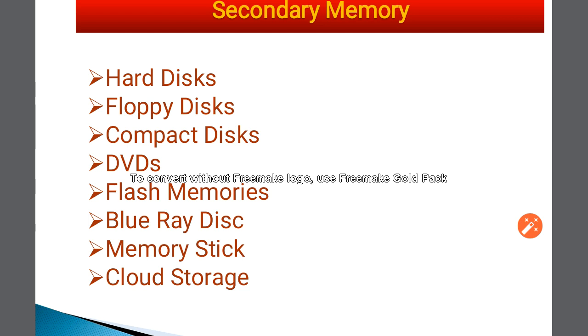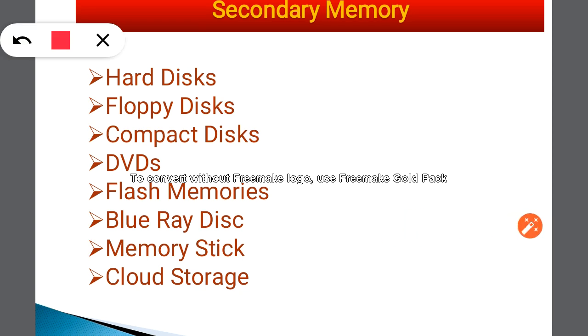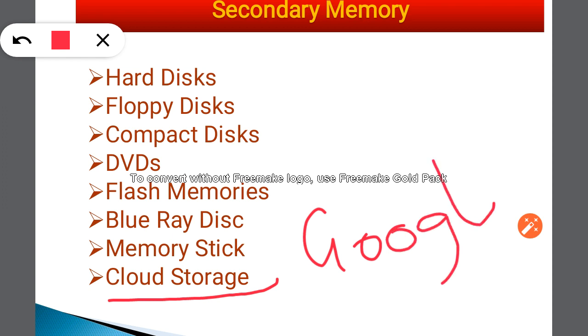Now, I hope all of you have understood the different types of secondary memory we have. Amongst them, cloud storage is a bit new thing to all of you. Cloud storage is nothing but storing your data over the net, in simple language. You can take an example of Google Drive. So Google Drive is the example for cloud, wherein you can store your data over the net and you can access it later on whenever you require.